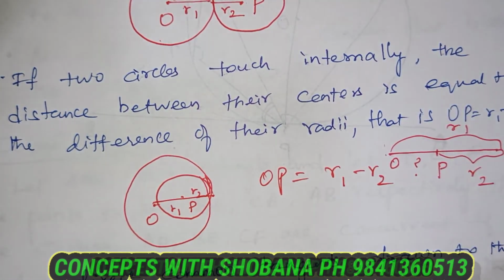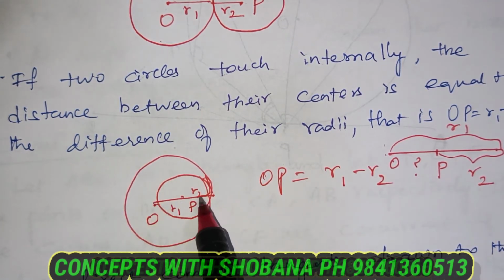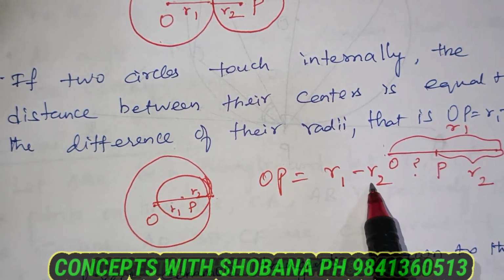R1 minus R2. That is, if two circles touch internally, distance between their centers will be the difference of their